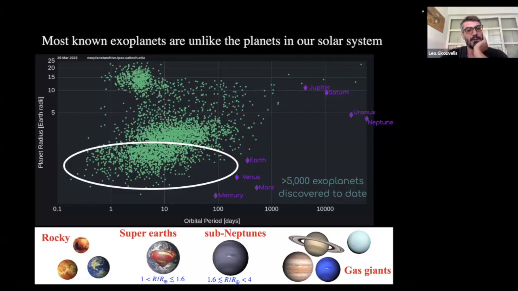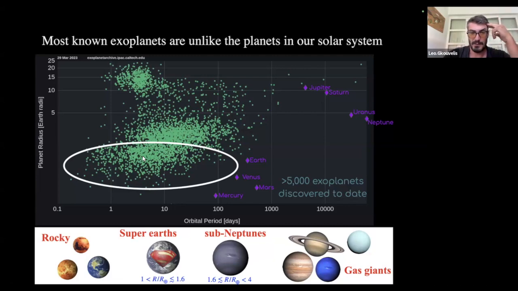And another question I want to raise here is about these planets which are rocky, and what happens in between, we don't know exactly what their nature is, if they have a rocky surface, etc. But for those ones which have sizes, let's say, similar to Earth or less, we know that they're rocky just because we know their density. As you see here, they live very close to their host stars. And then the question that arises here is, can they sustain an atmosphere in these harsh environments? So this is a profound question which has implications for what we call habitability, etc.